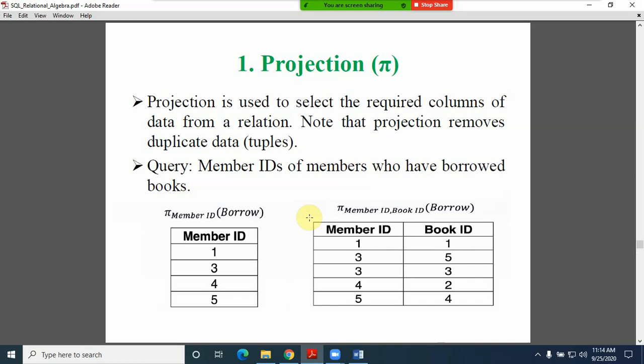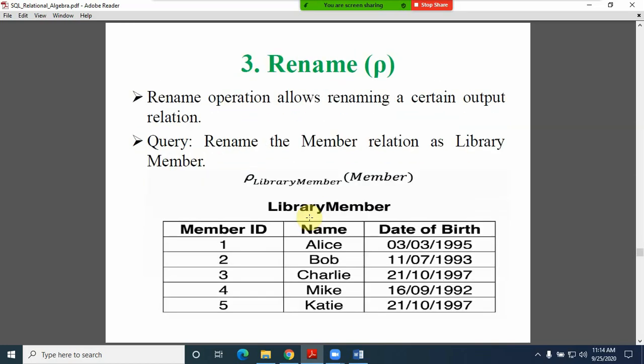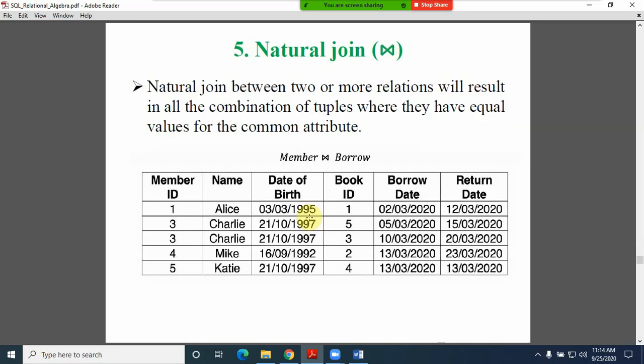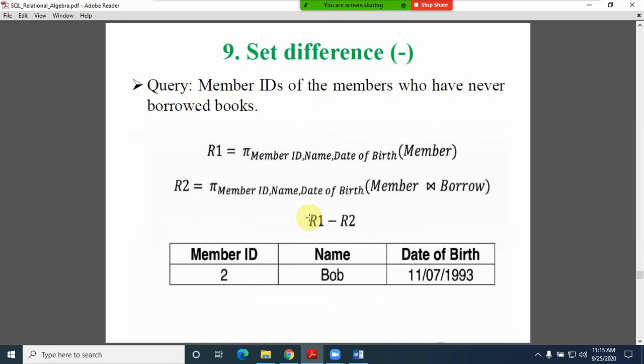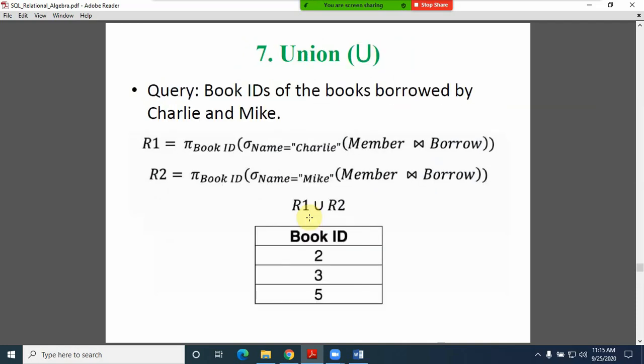Okay, starting from the projection, selection, rename, cross product, natural join, conditional join, union, intersect, and the set difference. In each and everything, with SQL, the simple select statement and the simple where clause, I can get the outcome. But if I am talking about relational algebra, it's not a single step process, friends. You have to get multiple result sets if you observe these kinds of examples.